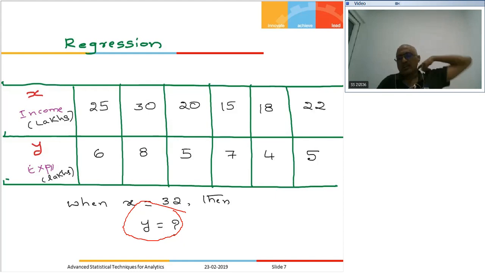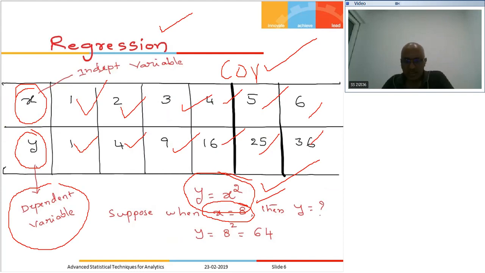So that is the difficulty we see in doing the regression analysis. Here it is not that easy to find a relation between the two variables, because they are not following a fixed pattern like what we have seen. In this earlier case all the points are following a path, that is y equal to x square, a parabola kind of nonlinear expression. But when we come to this,